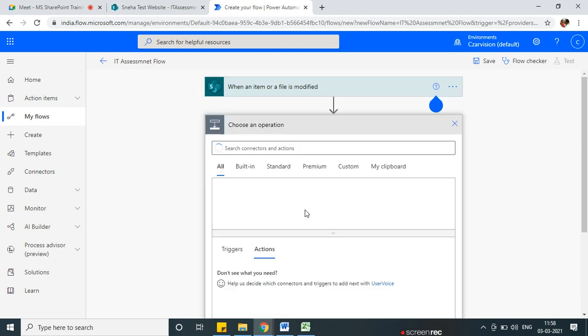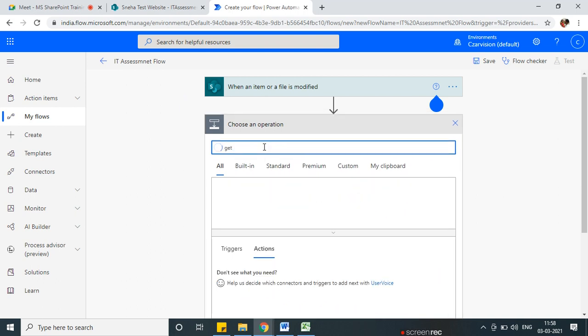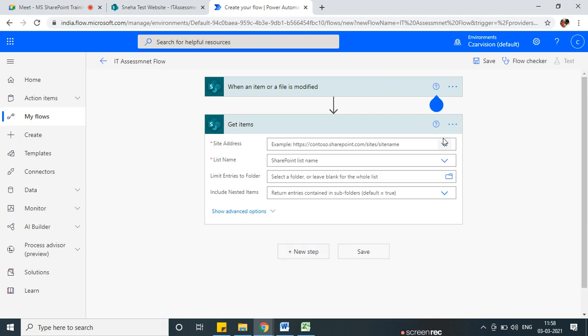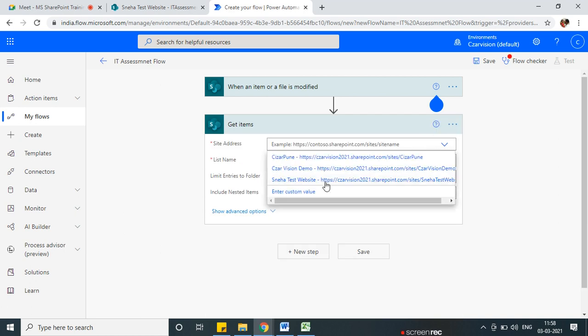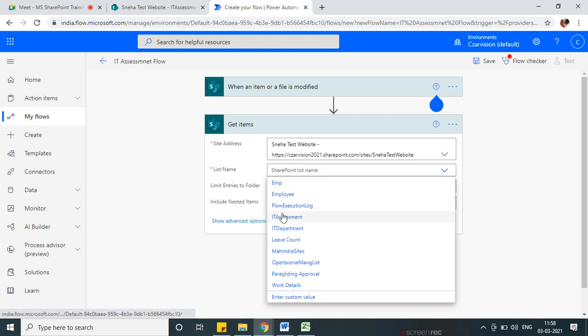After that, what we are doing is we'll get all the items first, and then we will fetch the items with 2 filtration criteria: one is the work ID and one is the status. So I'll say get items here. Again I'll select my list here, the site list,